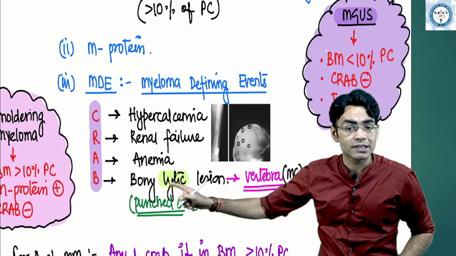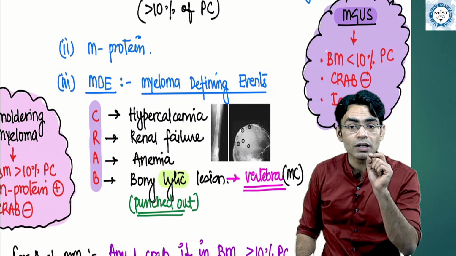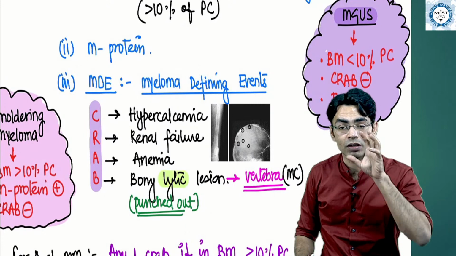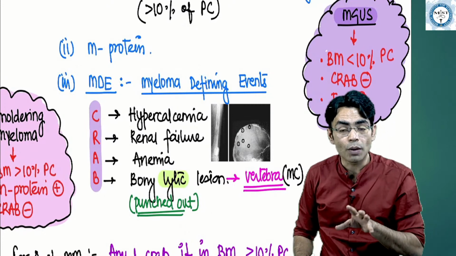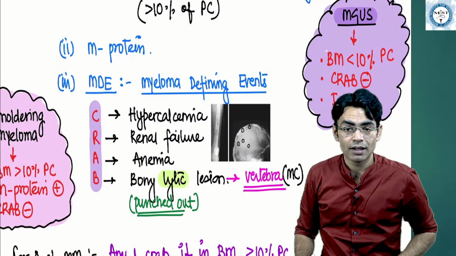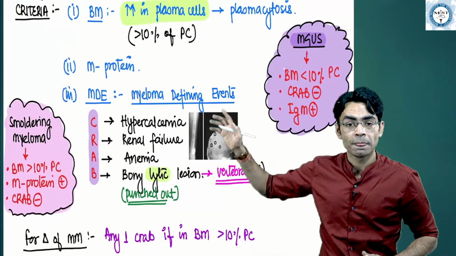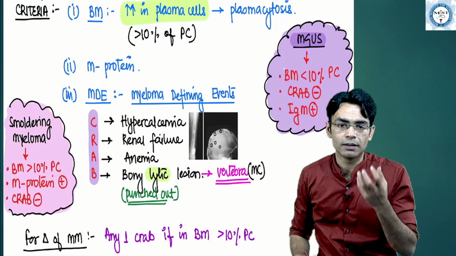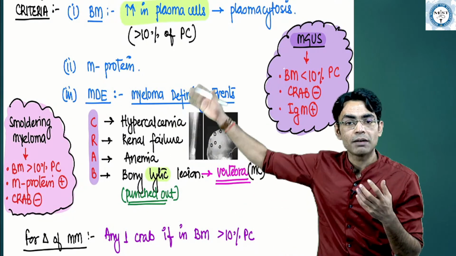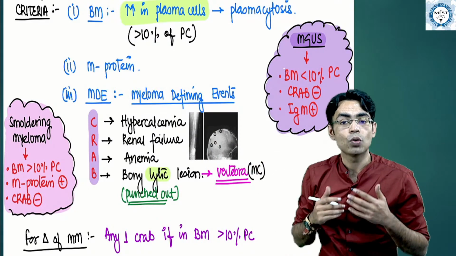Okay, this lytic lesion word is very important. Whenever you are having this kind of a word, lytic lesions or punched out lesions, then always look in the options for multiple myeloma. It can be that. So plasma cells should be increased. So if you are getting this, obviously anything from this and plasma cells more than 10%, so it is multiple